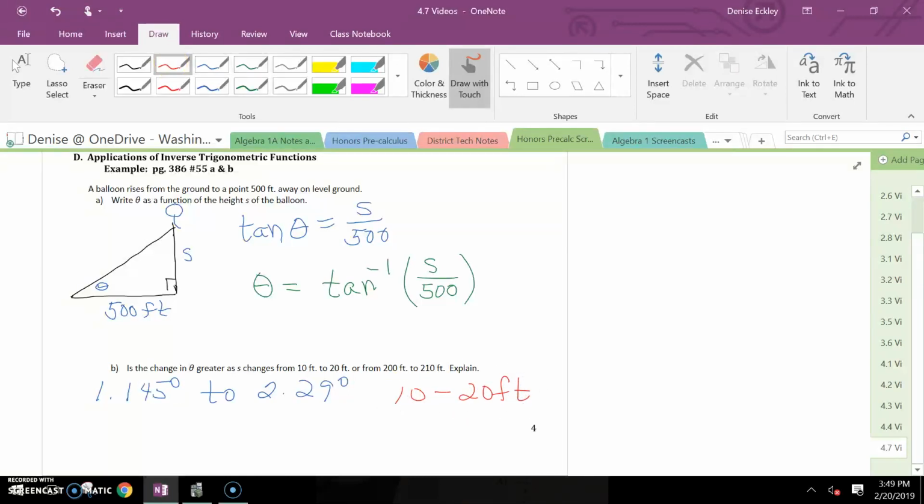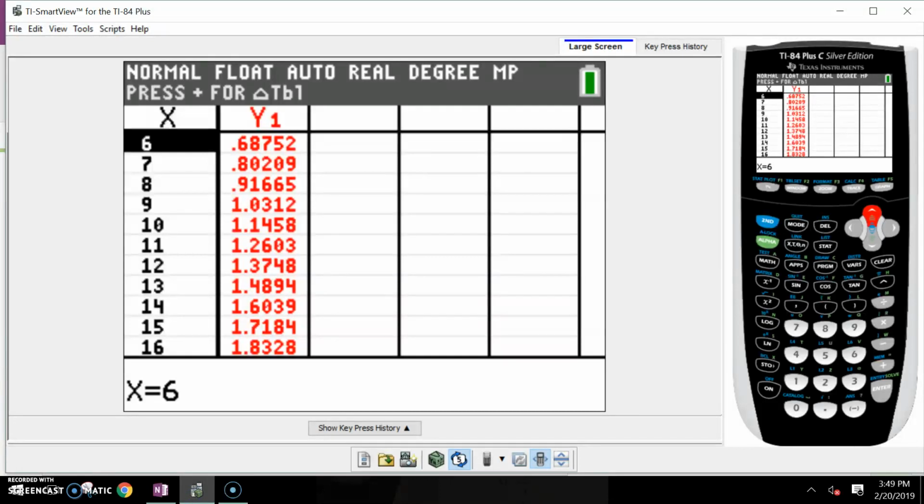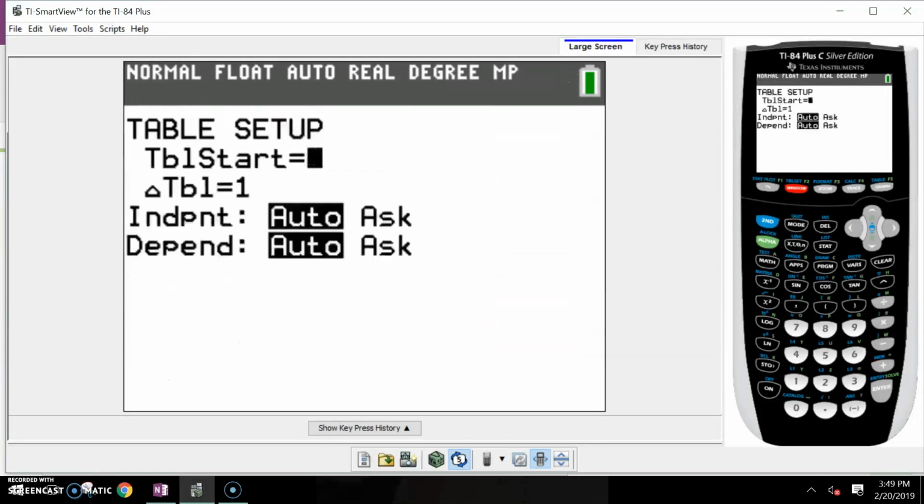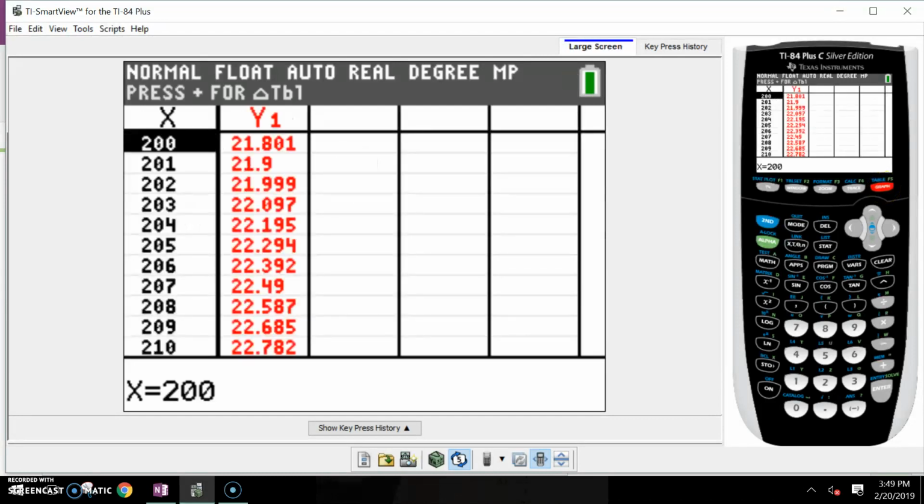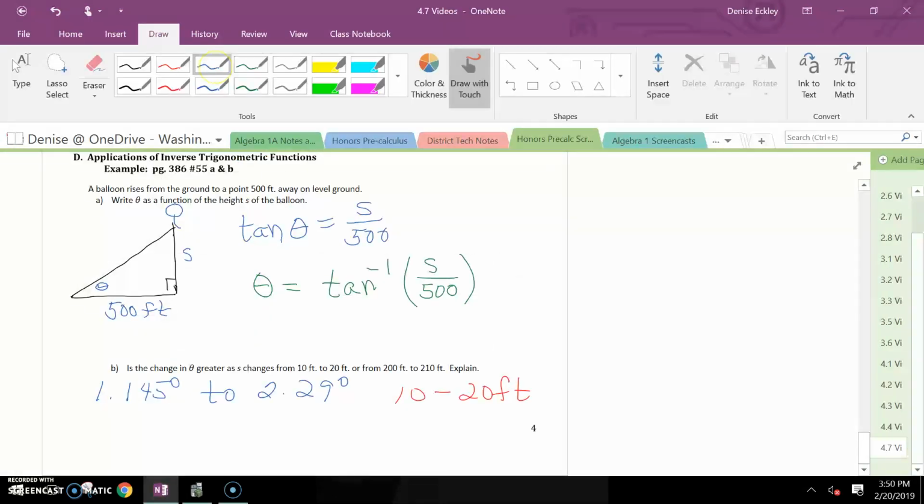And then from 200 to 210, and I know there's a way to change that on the screen, but I'll admit that I do not know how to do that. So I'll just have my table start at 200 feet, and I'll go to my table. I'll be right there. And at 200 feet, we're at 21.801. And at 210, we can see on the screen, is 22.782. So let's write that down as well. So now we have 21.80 degrees to